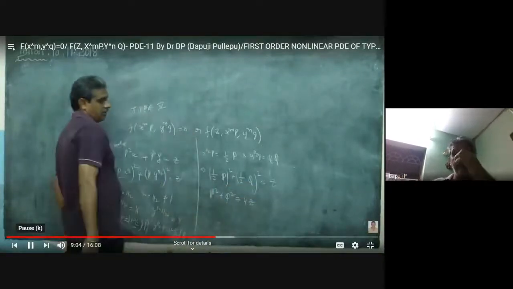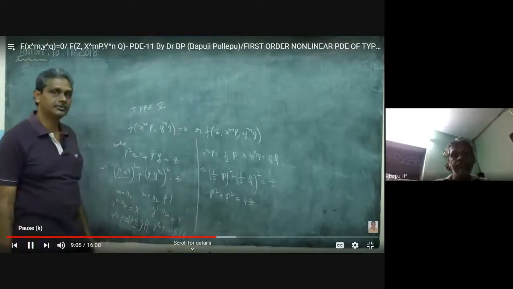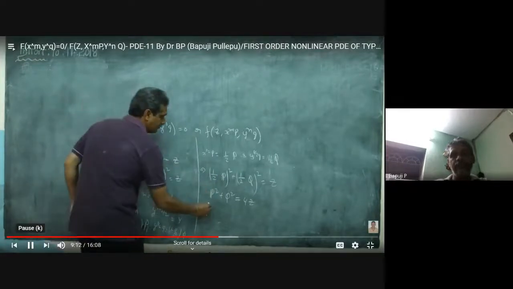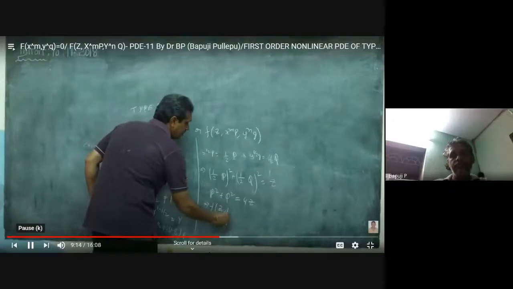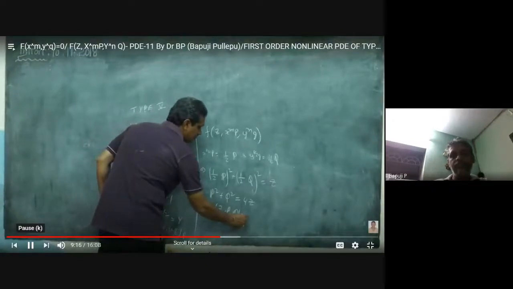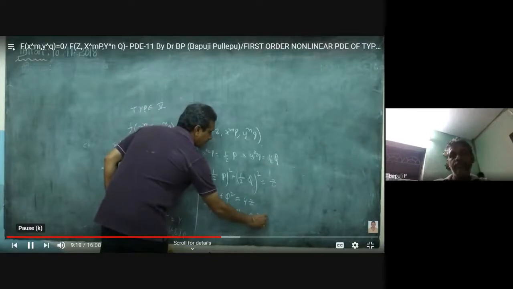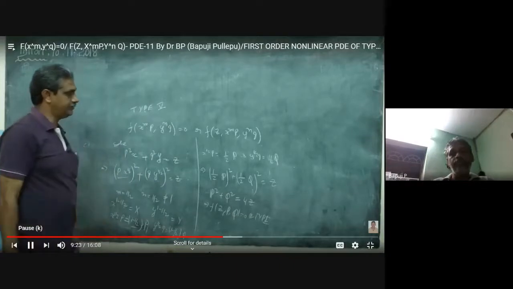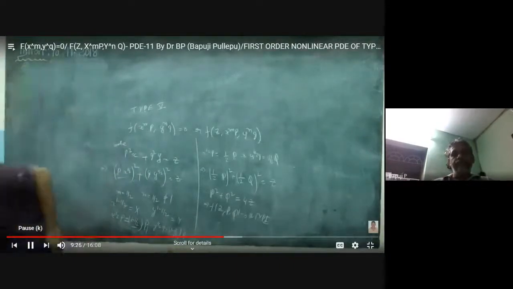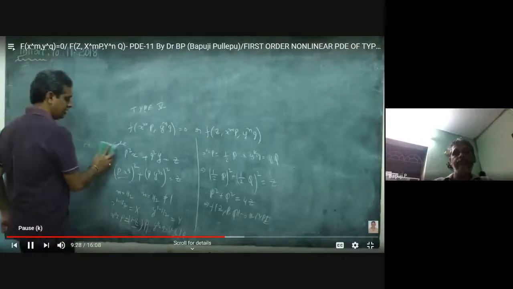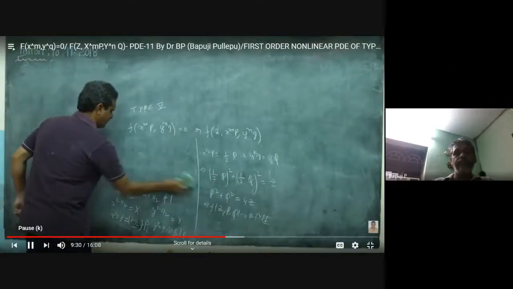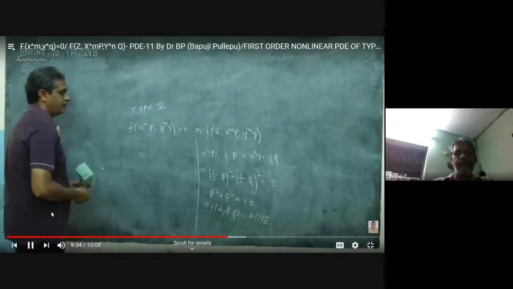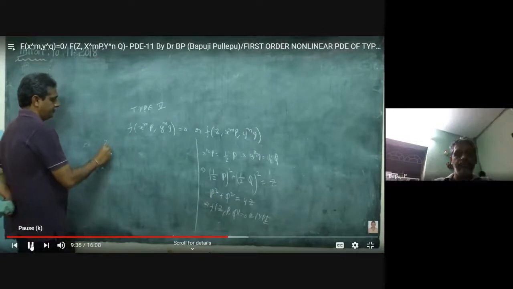What type is this actually? Type 4? No, this is type 3, f of Z P Q. This is f of capital Z, capital P, capital Q equal to 0 type. That's why I said don't remember type 1, 2, 3. Now what will you do? Again the same story. Assume the solution is what? Shall I go on? Now assume the solution Z is equal to f of